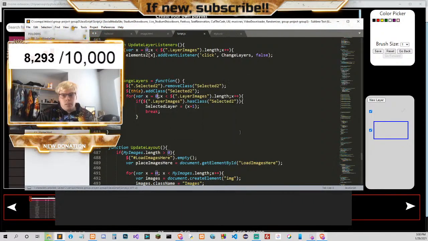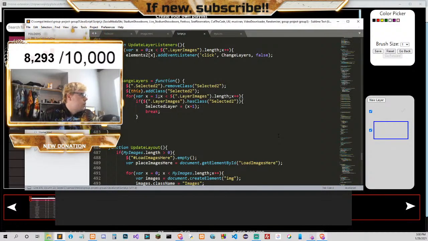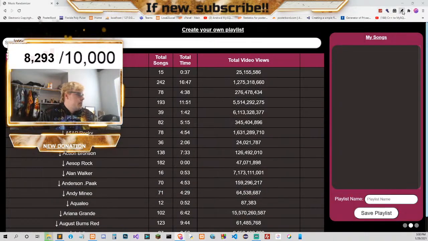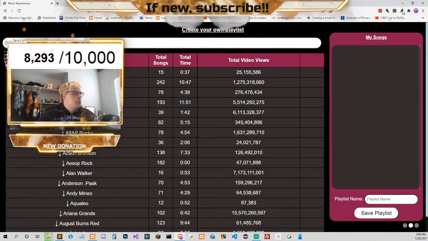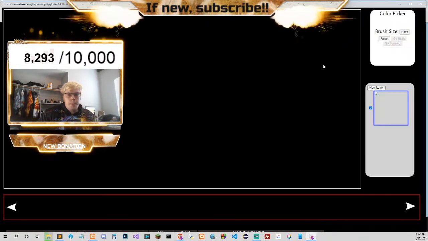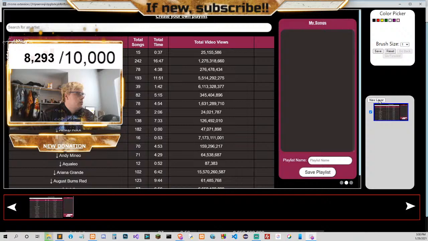So the way this works is length. Oh wait, I think I just need to do 1 because, so if I do new layer,